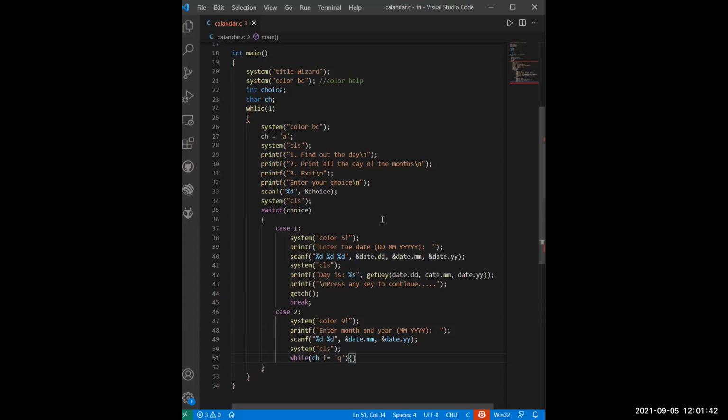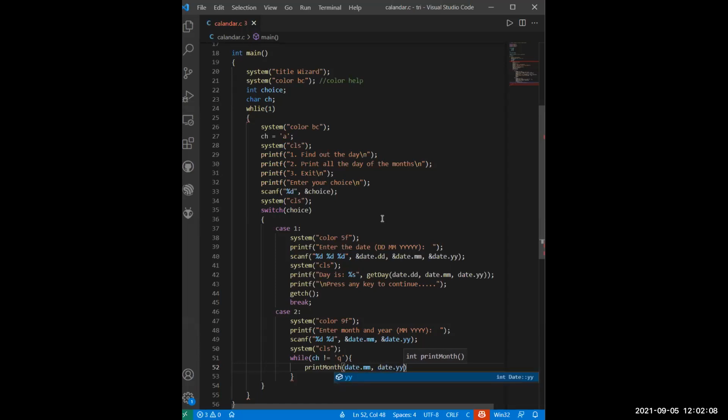If it is q, we need to execute something else, but if it is not q, we'll go inside, and then we'll use a function to do something. We'll print month, and we'll provide date.mm, comma,